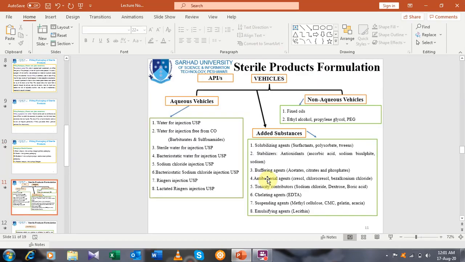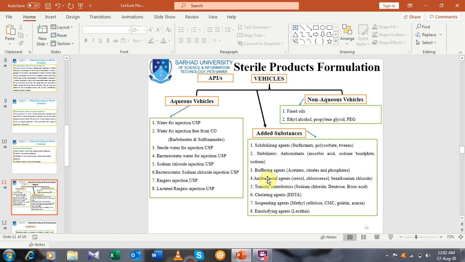After that, we will discuss the sterile product formulation, how it is formulated. There are different APIs, which will be one or more APIs, active pharmaceutical ingredient, and different vehicles are used. Vehicles may be aqueous vehicles or non-aqueous vehicles. The aqueous vehicles contain water for injection USP, water for injection free from carbon dioxide, that is used for the